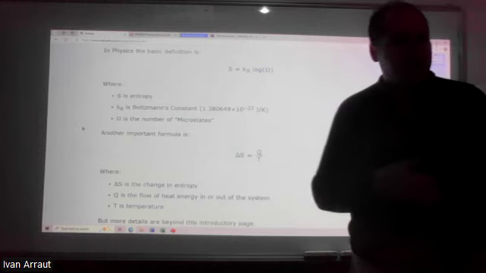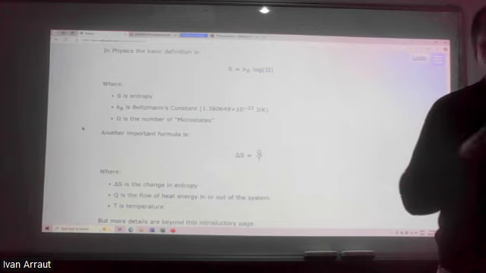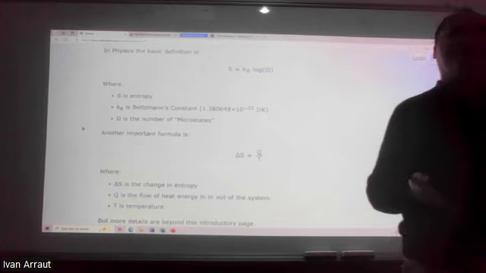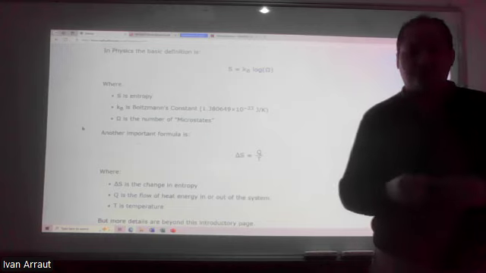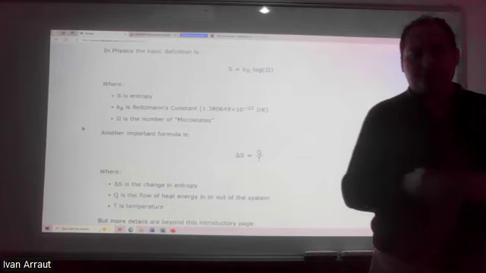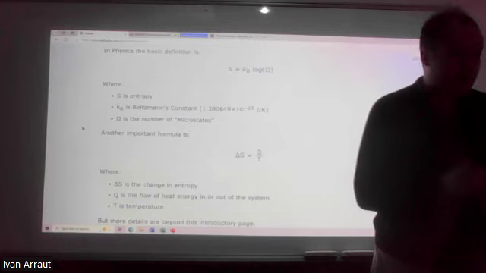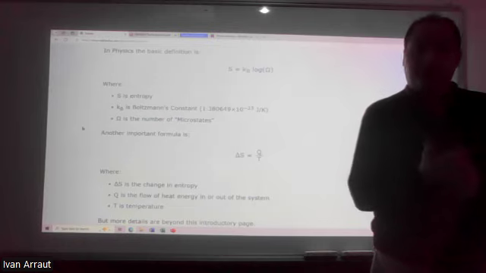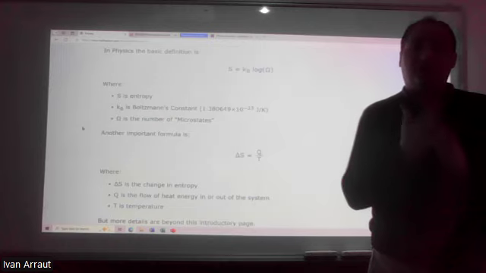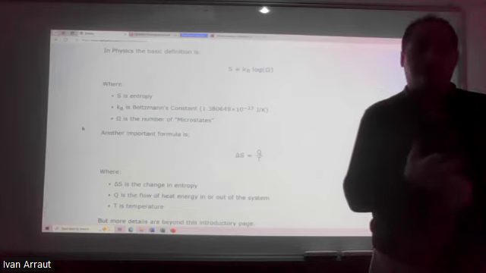So in the exams, I can ask you, okay, what does... actually the number of the law is not important. Which one is first, second, or third? That's not important because that's historical convention. Historically, they defined it like that, but it could have been the other way around, and nobody cares. What you care about is that there is a law of thermal equilibrium, which is the 0 law. There is a law of conservation of energy, which is the first law. There is a law of increase of entropy: spontaneous processes increase entropy. There is a law of absolute 0.